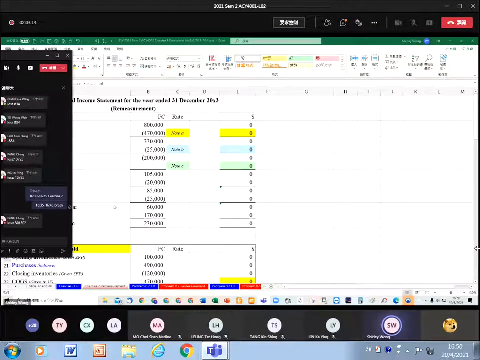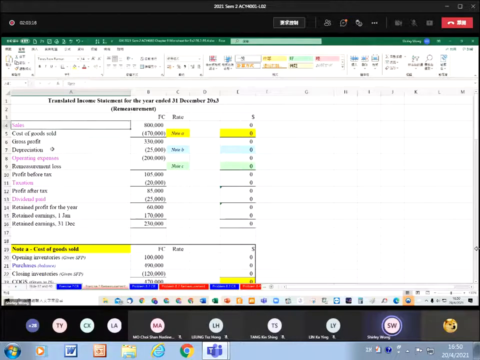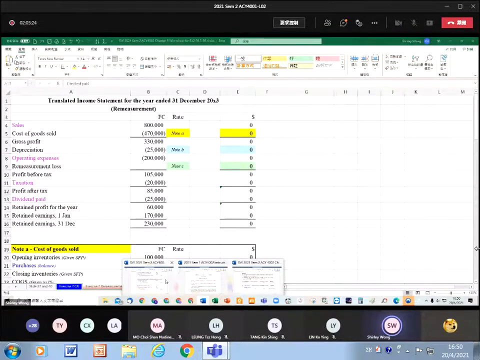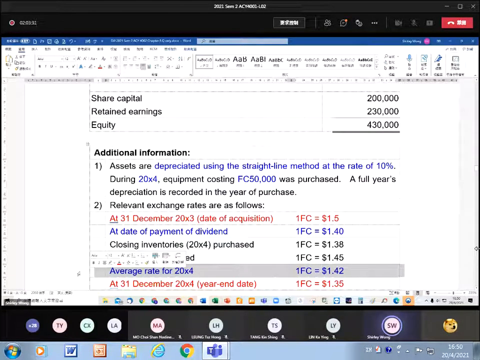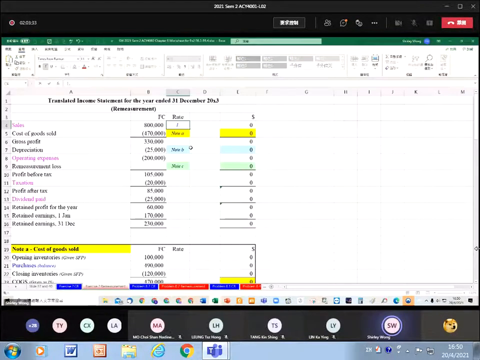Okay, so here for the income statement, so remember for the income statement highlighted here, sales, other operating expense, taxation, dividend pay, this kind of information we will also use same as the previous one. We will use the average rate to do that. Therefore, the average rate is 1.42. 咁同樣地啦，呢啲都係用1.42。OK， 咁咪 operating expenses 都係1.42啦 ，taxation 1.42